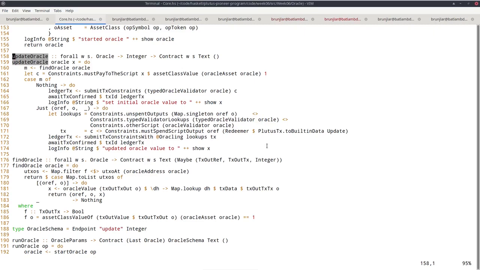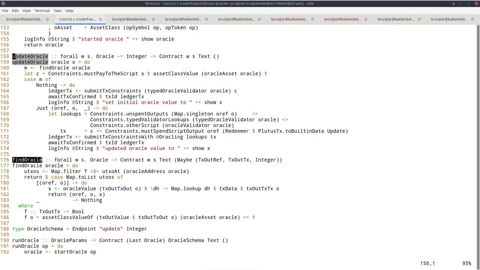So first we use this helper function findOracle, which is defined here. That takes an Oracle and it's supposed to look up the existing Oracle UTXO. This can fail because the Oracle might not be there. So if we have just started it, remember we just minted the NFT. We didn't create an output at the Oracle address yet. So in that case, we won't find it.